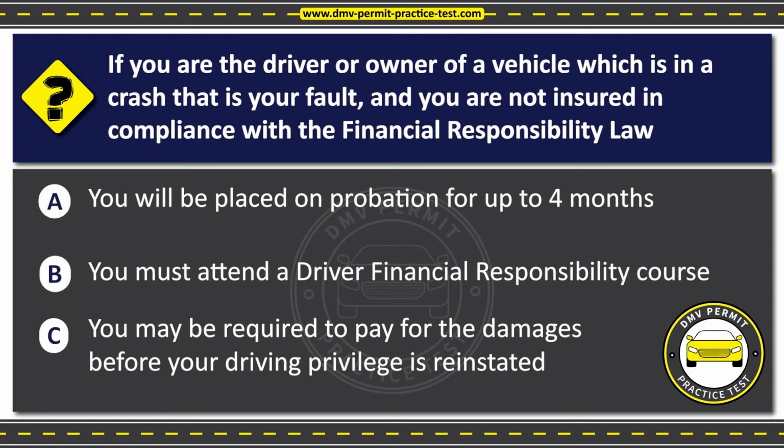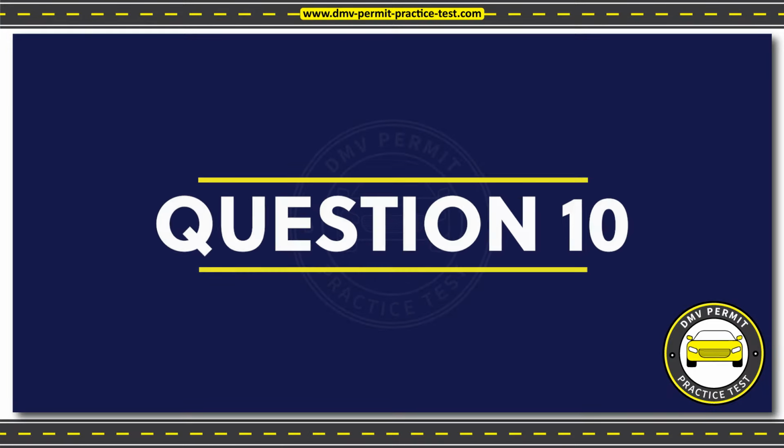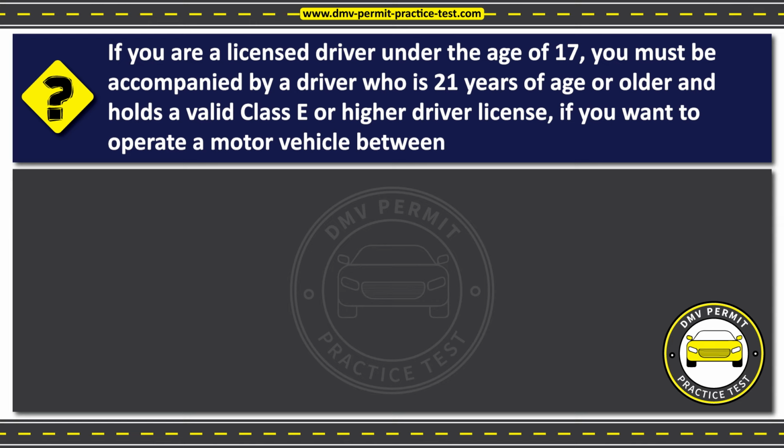The correct answer is option C, you may be required to pay for the damages before your driving privilege is reinstated. Question 10. If you are a licensed driver under the age of 17, you must be accompanied by a driver who is 21 years of age or older and holds a valid Class E or higher driver license if you want to operate a motor vehicle between